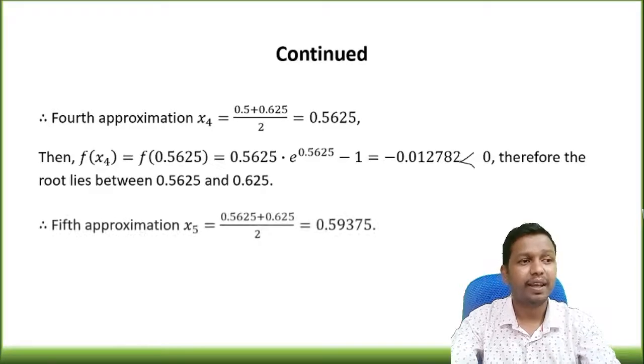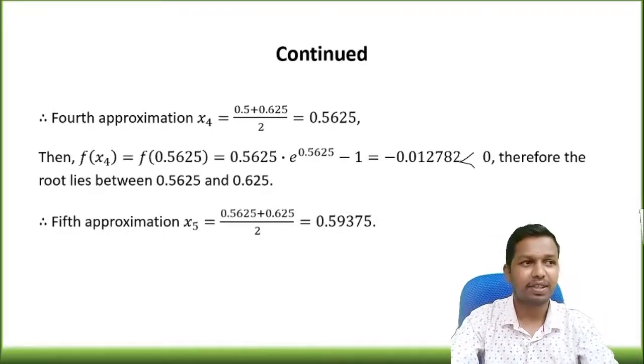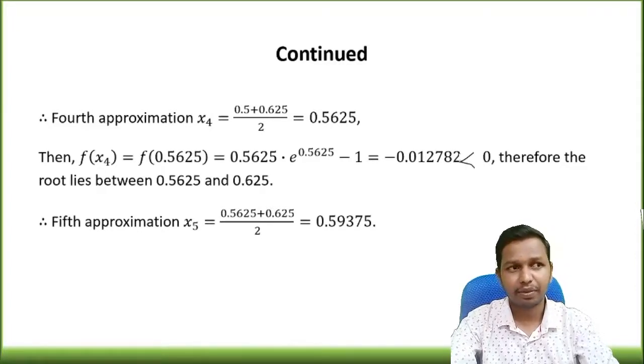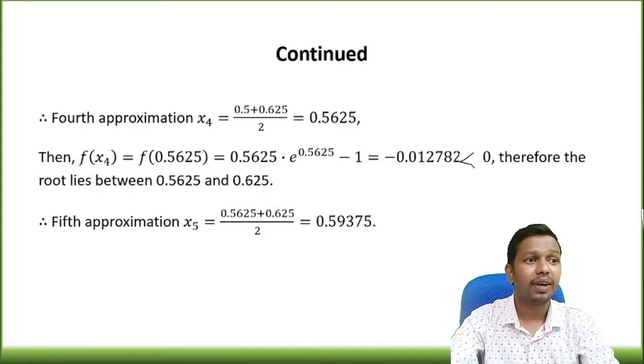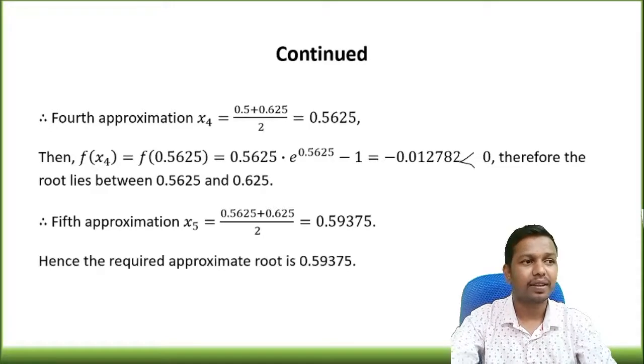0.625. Hence, our last approximation, that is the fifth iteration, is x5 equals 0.5625 plus 0.625 whole divided by 2 equals 0.59375. Hence, the required approximate root is